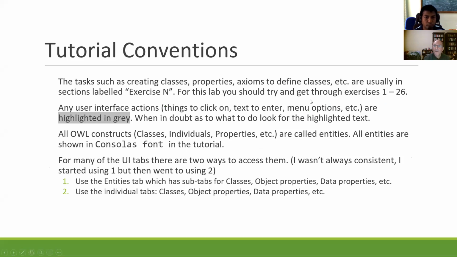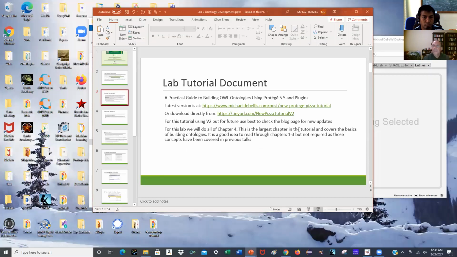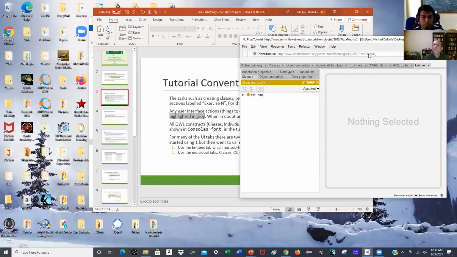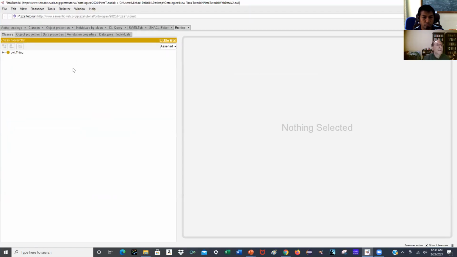We're going to try and get through exercises 1 through 26. User interface things are highlighted in gray. And what I was starting to show here, this is a very minor thing, but I just thought it might confuse some people. In the Protege user interface, there's something called the entities tab here, which has